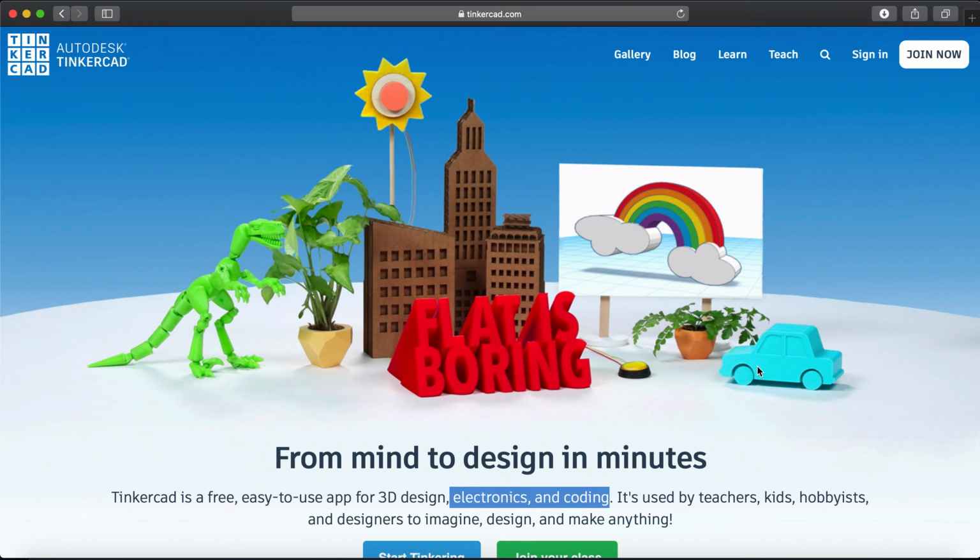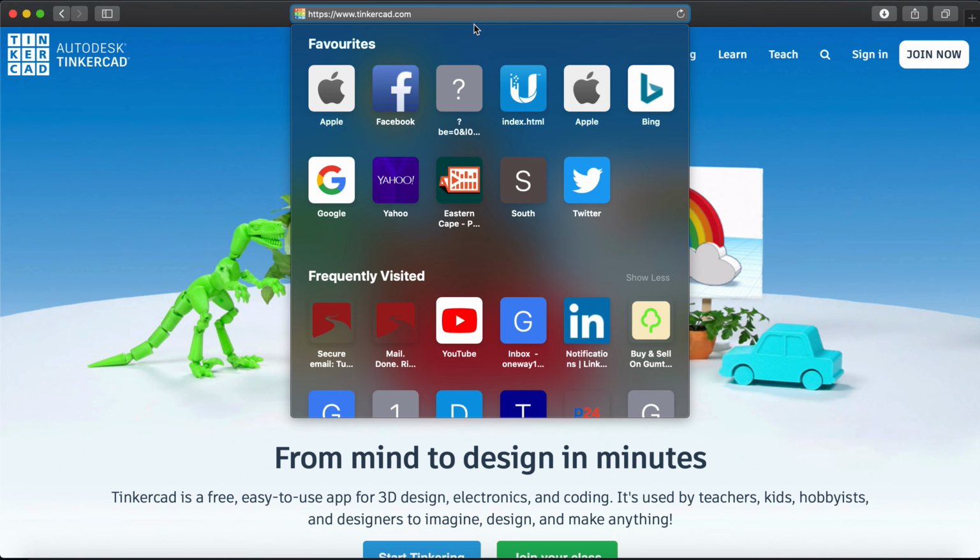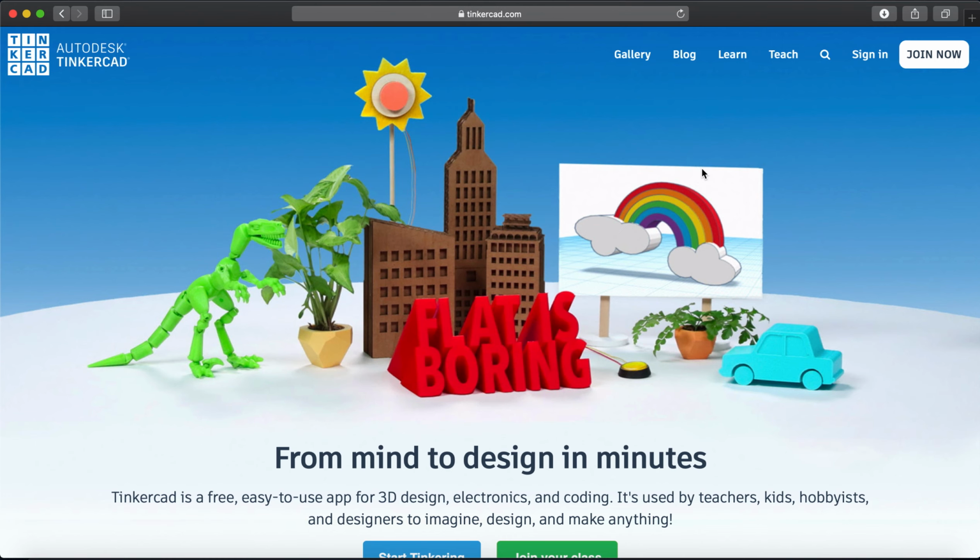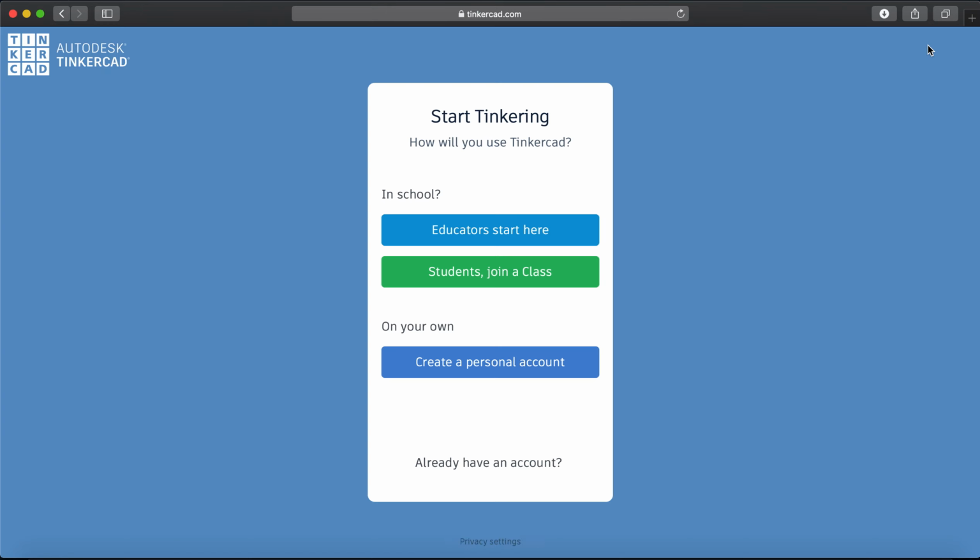As we begin, before I even start explaining what an Arduino is, I want us to look at how we access the platform. tinkercad.com is what we are going to. And we either will sign in or we will join. I want to assume that we don't yet have an account, so we are going to join Tinkercad, and we have two options. We are either a student or an educator,